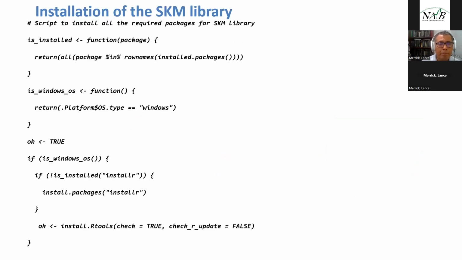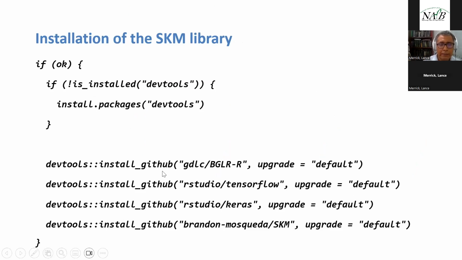It's important to point out that if you are interested in using the library, you need to copy this code, and in this way, using this code, you will be able to install the library. The key for installation of the library is to install these 4 lines of code. There are some slight differences between different computers, but in general, using this code, you should be able to install, but first you need to install the